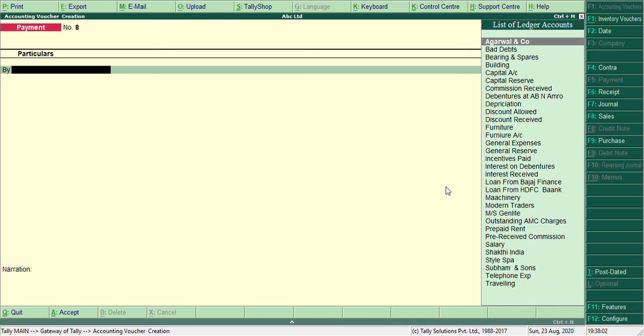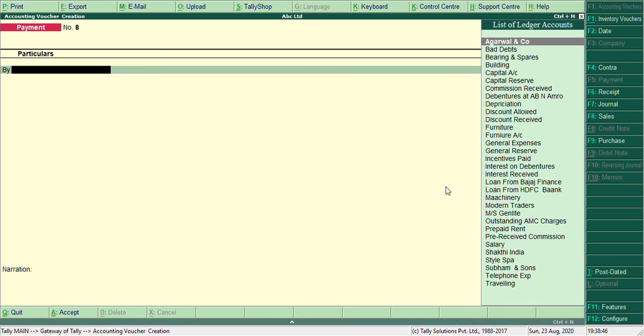The next transaction, advertisement expense of rupees 20,000 paid by check of SBI as on 2/7. You have to pre-allocate the amount, 28% for Kolkata branch, 32% for Delhi branch, 25% for Mumbai branch, and 15% for Chennai branch, using the predefined cost center allocation feature. During the entry mode, how you can pass this entry with this option.